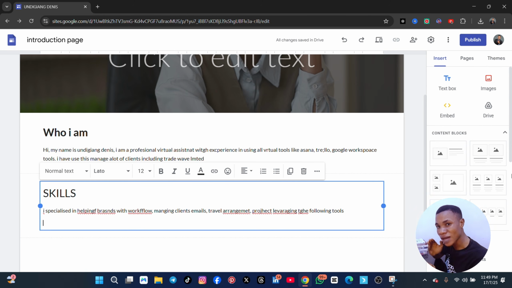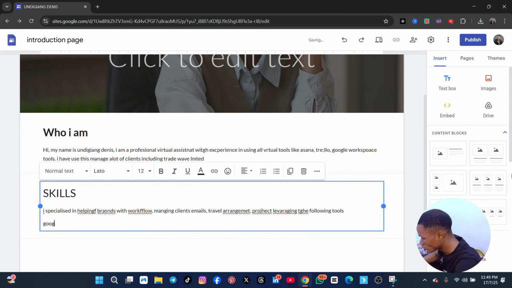We talked about how to use Google Workspace tools, CRM tools. We talked about Plan Like a Pro, how to use Canva. We talked about Asana, Trello, Zapier. There are a lot of tools we talked about, so you're going to list all of them here. Under Google Workspace tools, you now put Google Calendar for schedule management, and then under the same Google Workspace tools we have